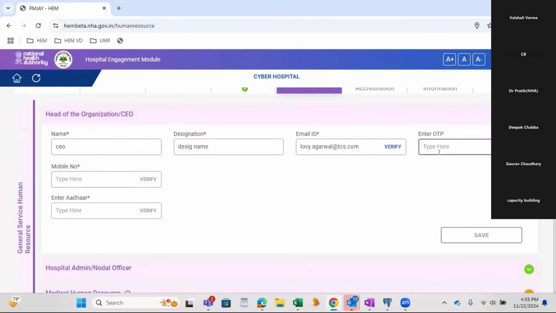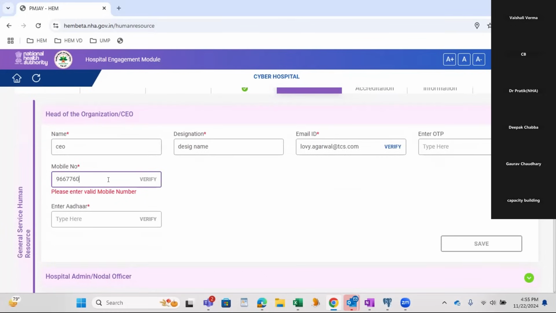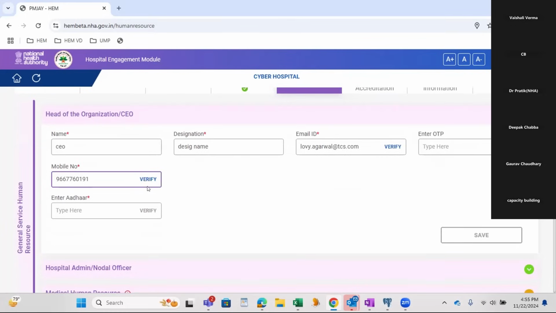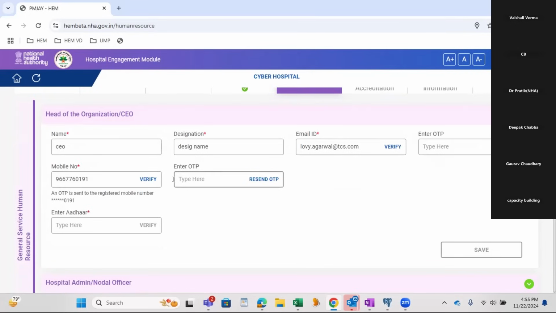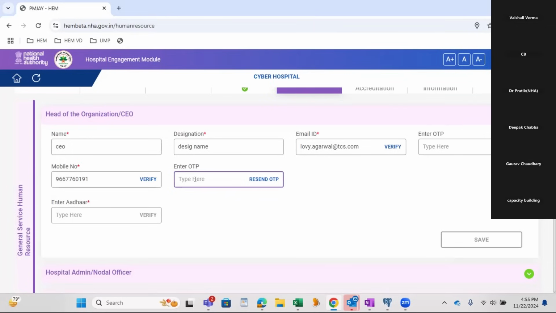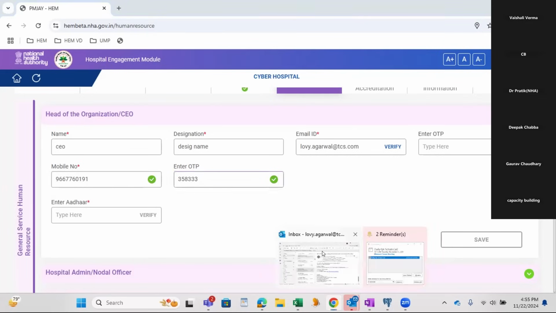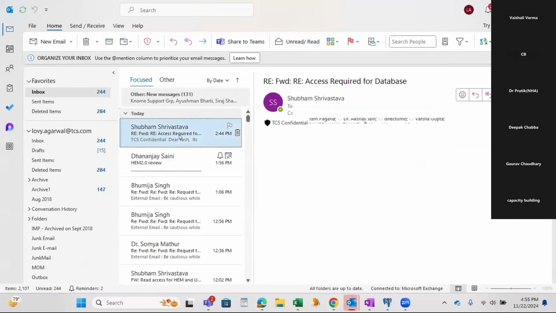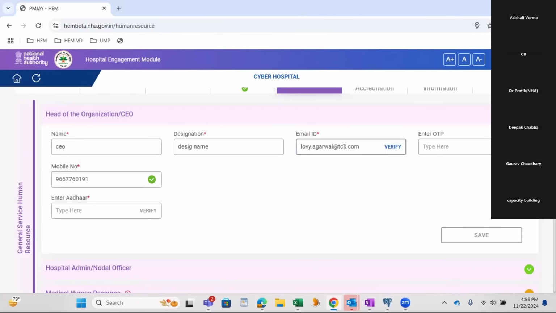Meanwhile, I'll enter the mobile number also for the mobile verification. Verify. So this is verified.